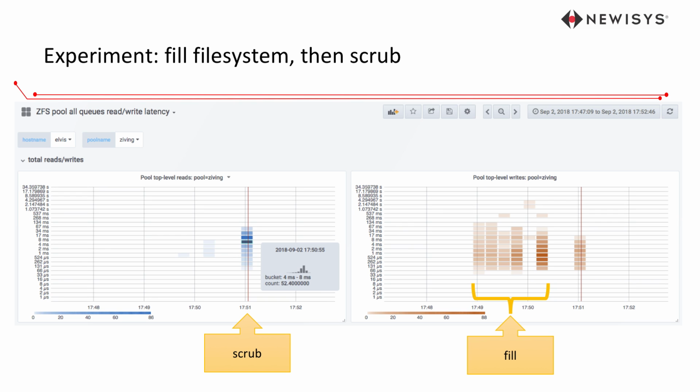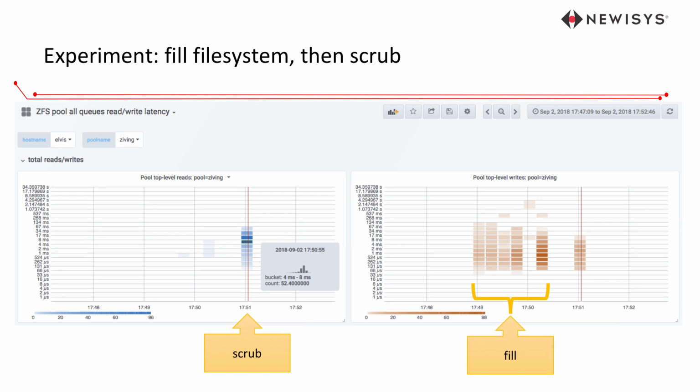So this is the same data over time in the queues. At the end to end, we have the top level read and write latencies for the pool. And I did it in this dashboard. I did reads on the left, writes on the right. And then I color coded them with different colors so that once you got used to using the dashboard, you could immediately look up and say, oh, I'm having a problem with writes, before you even got into the details of the data. So in this experiment, which I just ran on my laptop on the plane over,